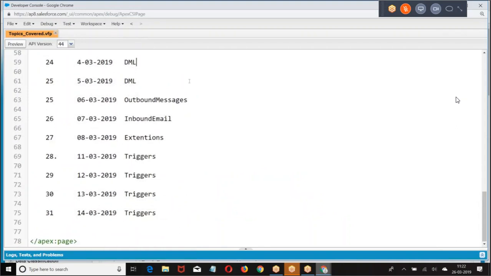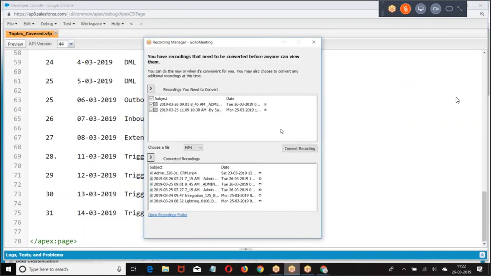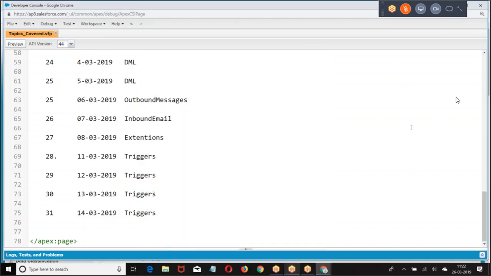The point here is whenever we are trying to perform some asynchronous operation, then we are supposed to mention Test.startTest and Test.stopTest.